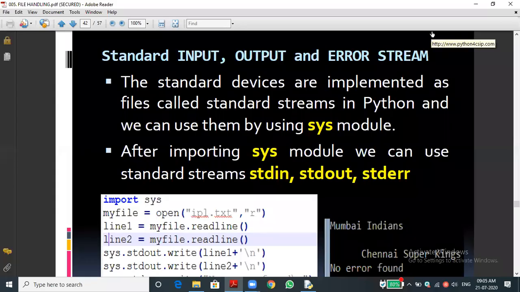Yesterday, at the last minute, we discussed standard input, output, and error streams. Generally in our Python program, which function do we use for printing or displaying a statement? Usually we use the print statement. To get input from the user, if you want to collect the